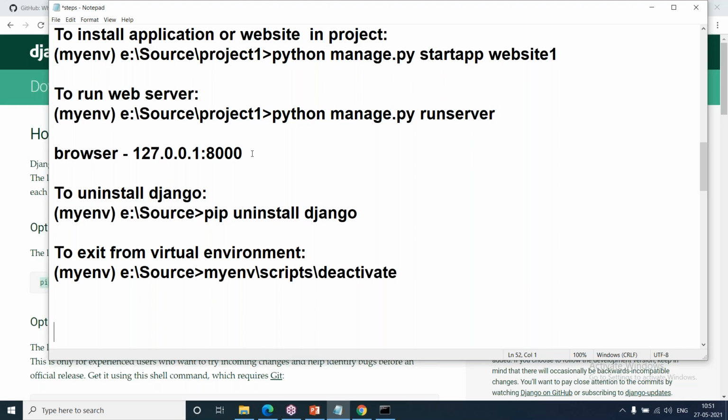For example, the Tomcat web server is there in Java, and it runs with 8080. The IIS web server, Internet Information Services in .NET, runs with 80. The Oracle database server runs with 1521. The SQL Server runs with 1433. Every web server, every application server, every database server will have a port number. So how will the clients communicate with the server? Through the port number. Without the port number, it is not possible.